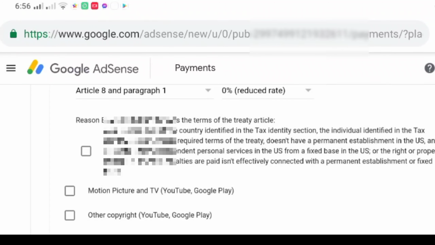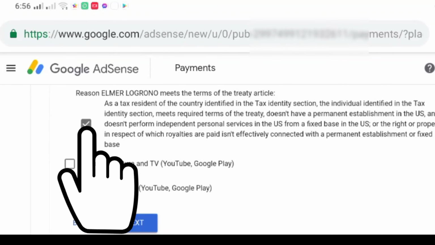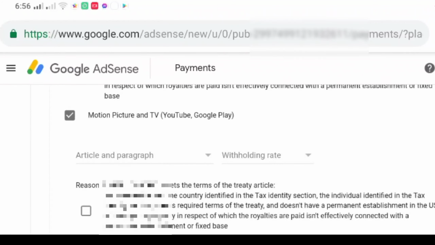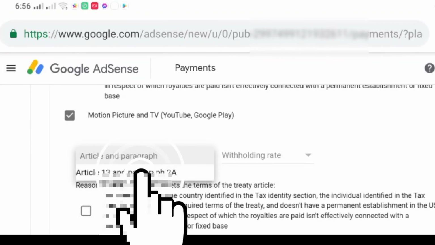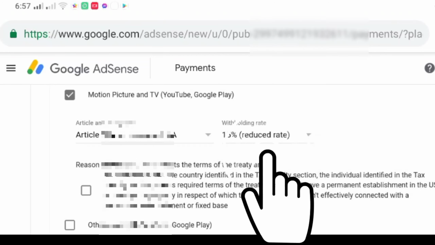Then, as a tax resident of the country identified in the tax identity section, the individual identified in the tax section meets required terms of the treaty. So, pindutin lamang natin yan. Then, motion picture and TV, YouTube, Google Play. So, under Article 13, Paragraph 2, then the withholding rate is 15%.